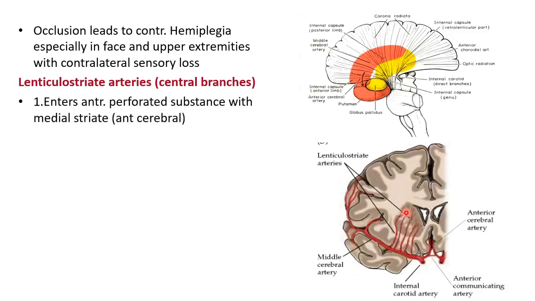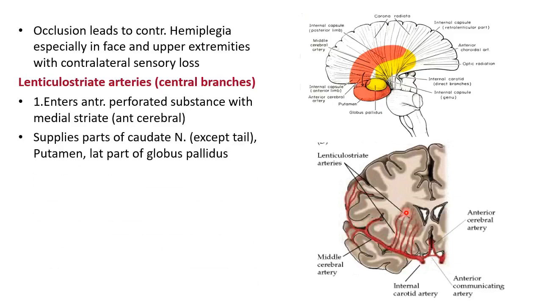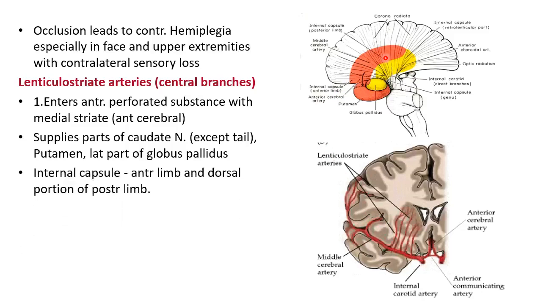Okay, and they enter the anterior perforated substance, and mainly they supply your caudate nucleus and lentiform nucleus. Okay, so they pass on either side, medial and lateral, to the caudate and lentiform nucleus. So that is why they are called medial and lateral lenticulostriate branches. So it supplies your caudate nucleus, putamen, lateral part of your globus pallidus, and more importantly it also supplies your internal